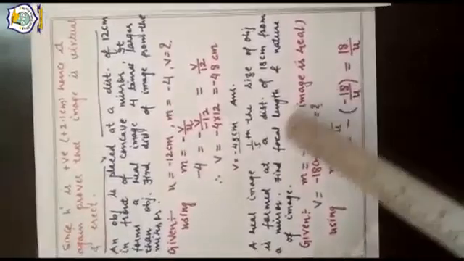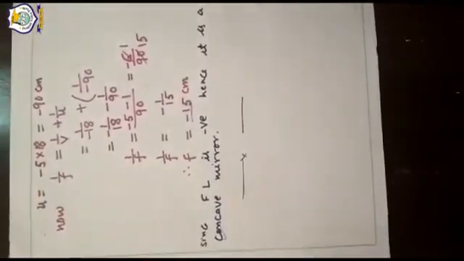Now apply this formula. Make use of this value of m. It is m is equal to minus v upon u. Just put all the values. Minus minus will get cancelled. So it will come 18 by u. Then u is equal to minus 5 into 18, which is equal to minus 90 centimeter. Now we have calculated the value of u, but still one more value, focal length f, we need to calculate.